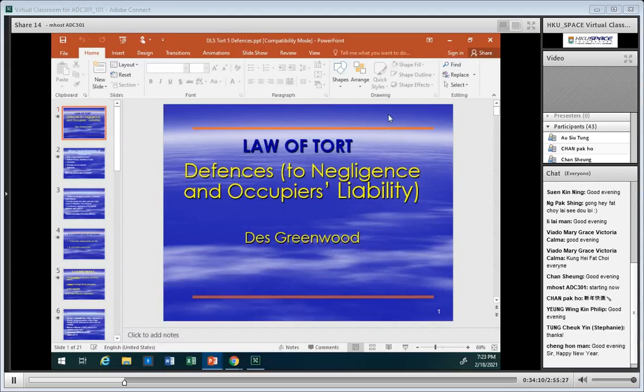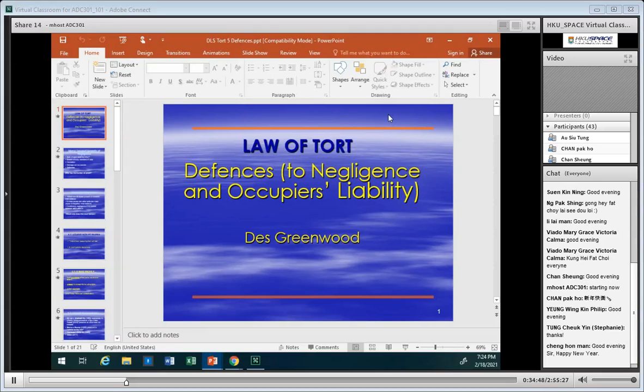Okay, so we'll be spending most of the rest of this evening now on defences to negligence, which are also defences to occupier's liability. Now, of course, occupier's liability is not really part of our syllabus, but it's worth mentioning, you should know, in that occupier's liability is very similar to negligence, and I will be taking you through the material on occupier's liability later, not today, probably in the last lecture, because there is legislation on occupier's liability,